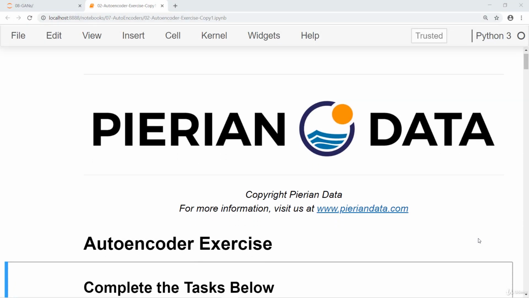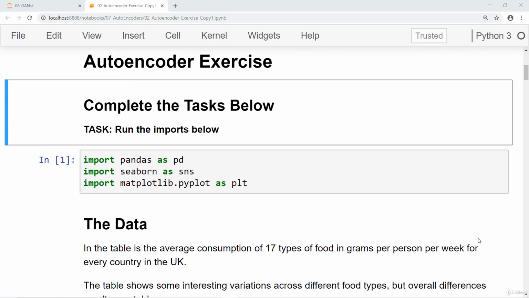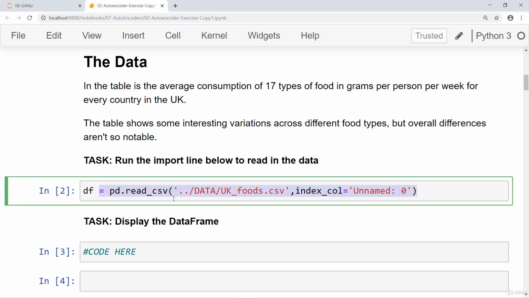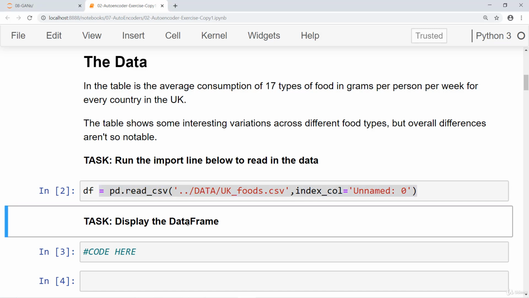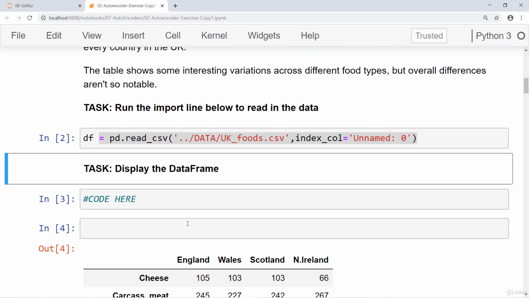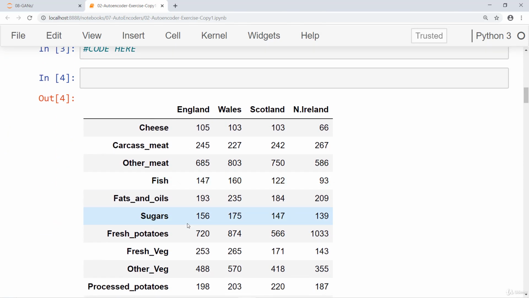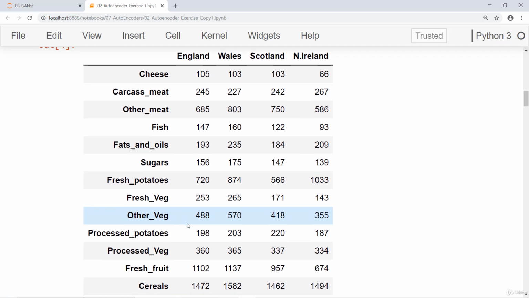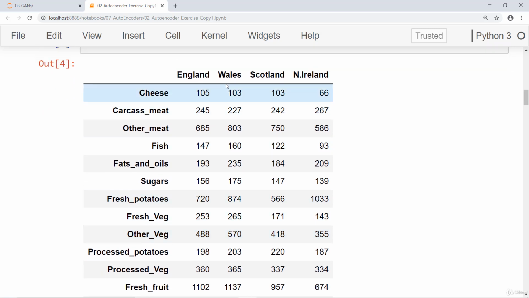Okay, here we are at the exercise notebook. To begin, you're first going to run these imports and then read in the CSV file by running this command. And essentially what this is, it's a table of the average consumption of 17 different types of food in grams per person per week for every country in the United Kingdom. And so you'll notice that while the table, after you read in the data, shows some interesting variations, the overall differences are actually not clear, because what we have here are 17 different categories across 4 countries: England, Wales, Scotland,